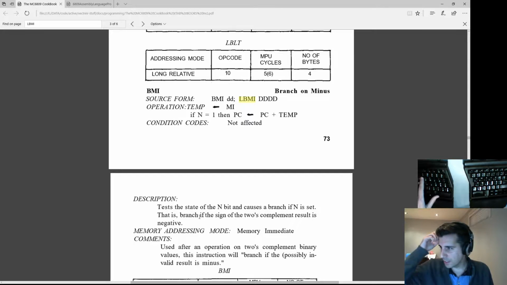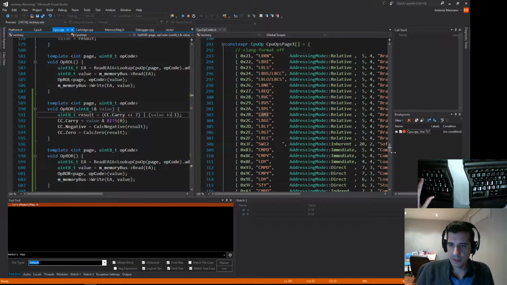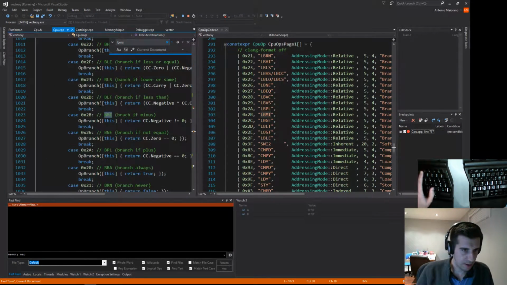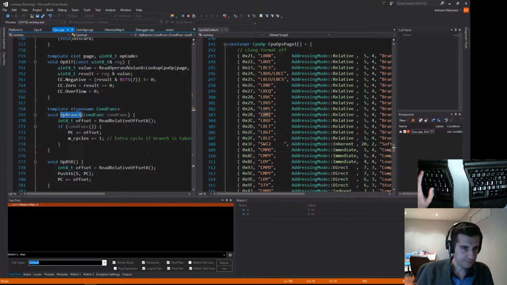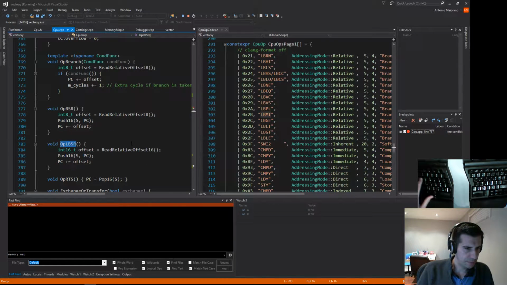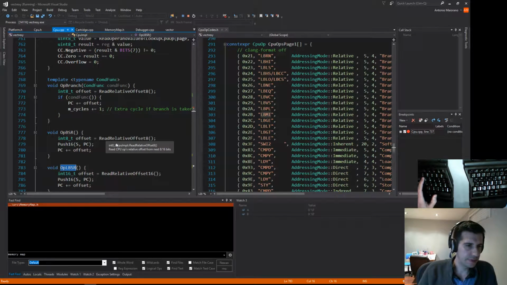Okay, so my guess, because basically branching just means adding an offset to the program counter, but it's only an 8-bit offset, 1 byte offset. Like if I look for BMI and op branch, yeah, that's it. It's an 8-bit offset. And I guess the long branch, oh, I actually have some here, LBSR, long branch subroutine. Yeah, okay, so that's for a branch for subroutine, but normal branching,